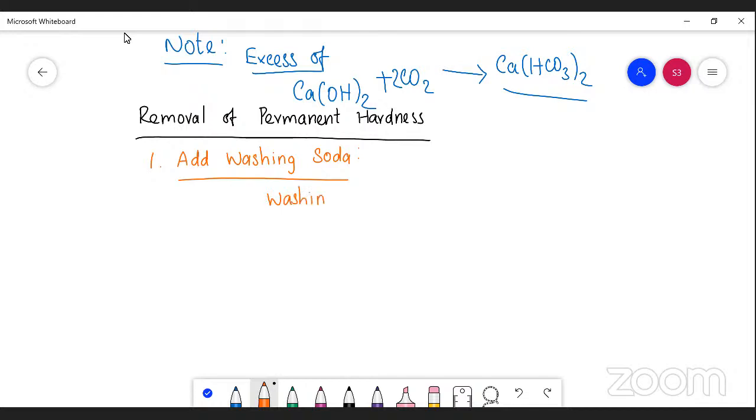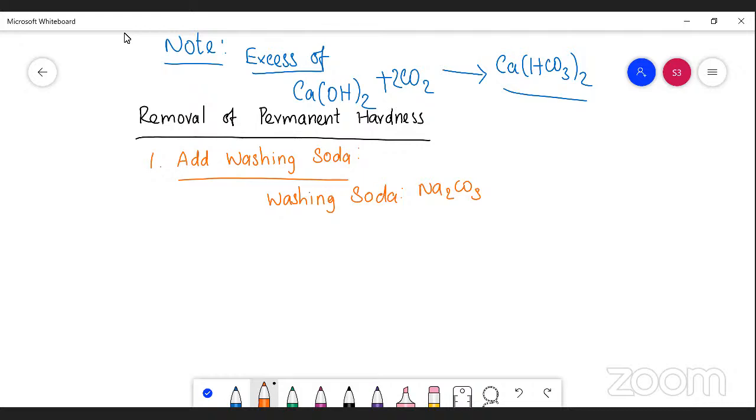Washing soda. So washing soda is nothing but sodium carbonate, that is Na2CO3. If you take sodium bicarbonate with carbonic acid, it is baking soda. Remember. So by adding washing soda, the chlorides and the sulfates of calcium and magnesium are removed as calcium